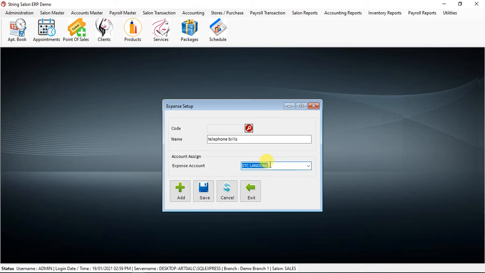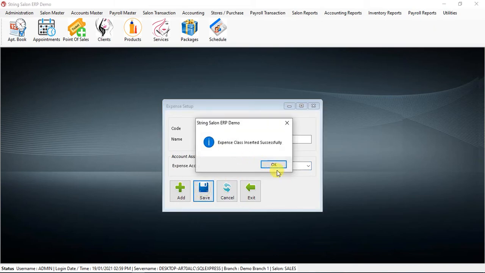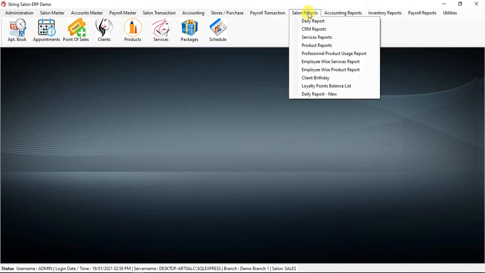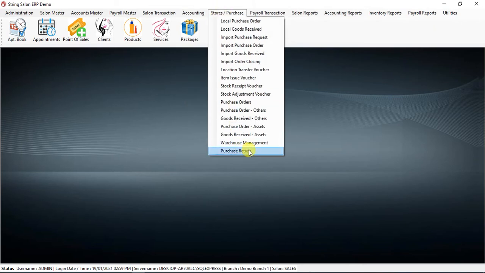So you can create these expense accounts in the chart of accounts. So I'll say like this, and I create that one.